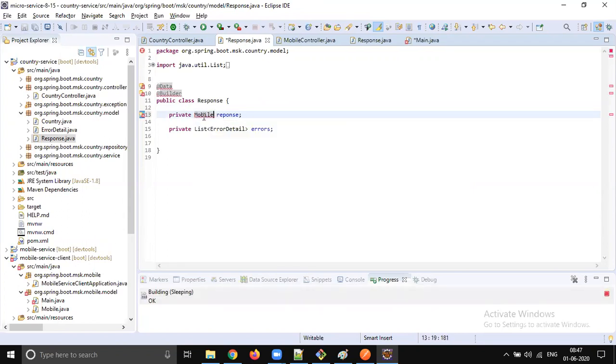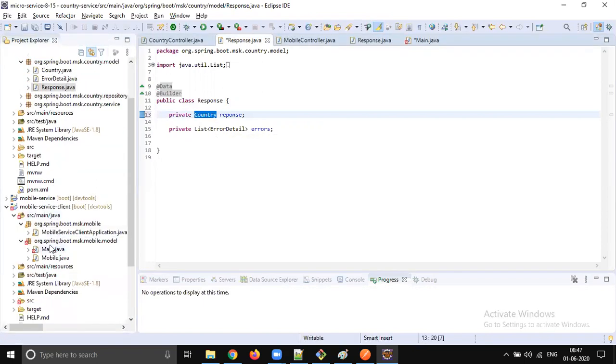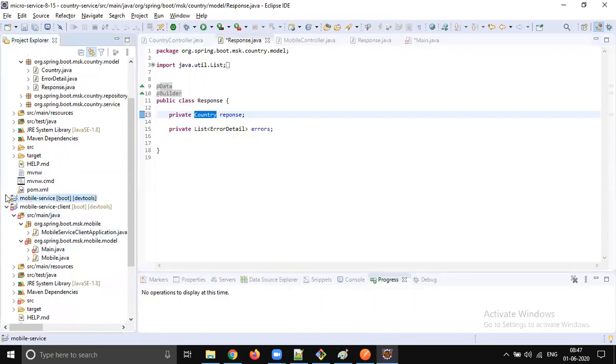If you would like to return country, just change it to country. But what is the problem? We need a common POJO, right? We need the response commonly. When this response is in the country service, this has to be country. When this response is in the mobile service, right?